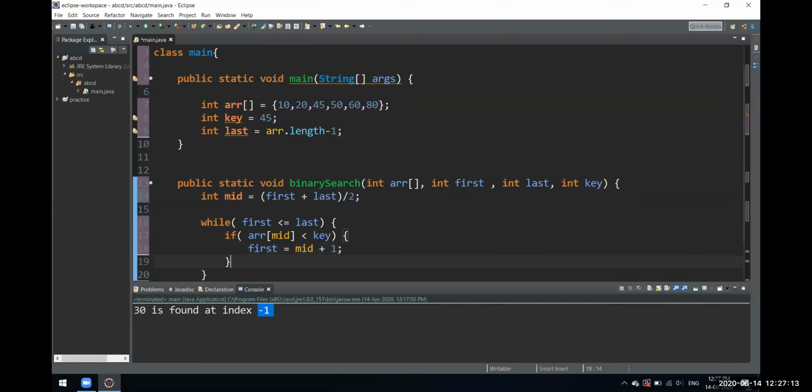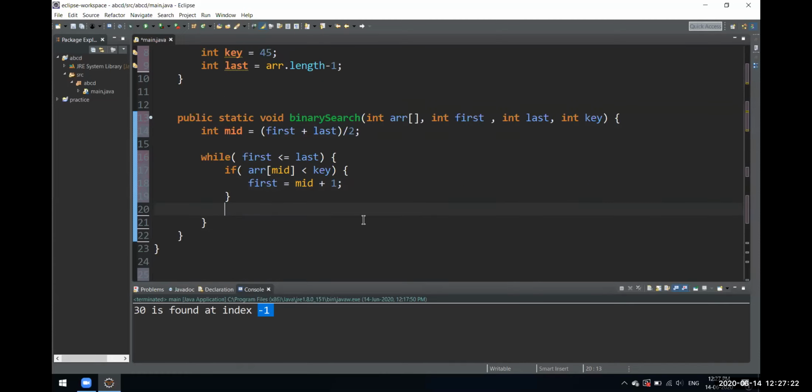And we'll have some more conditions over here. Else if the array's midpoint is equal to the key, in this condition we directly found the position of that key.